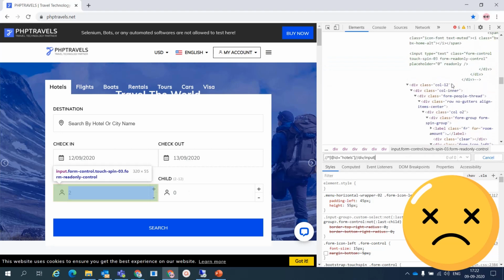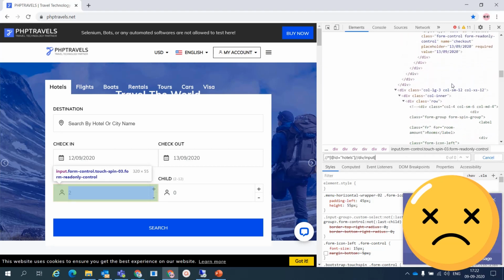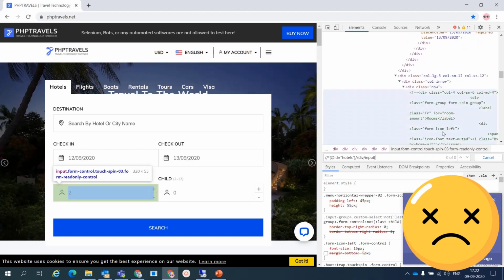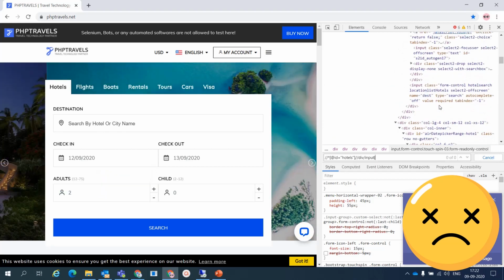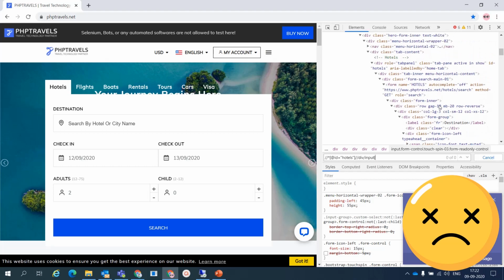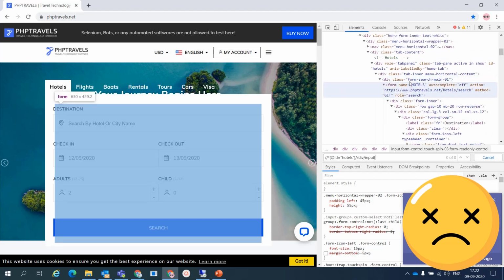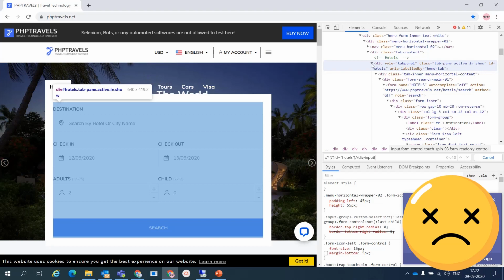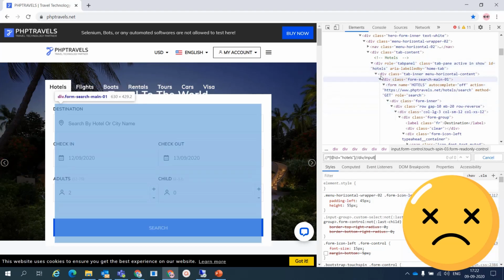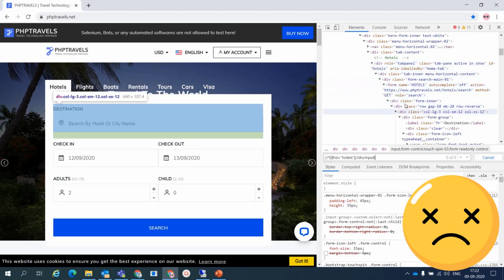Why am I saying that? If we go up here, you can see id is equal to hotel, meaning this div tag is a parent, and this parent has all these children. Whatever comes under this, these are the children.